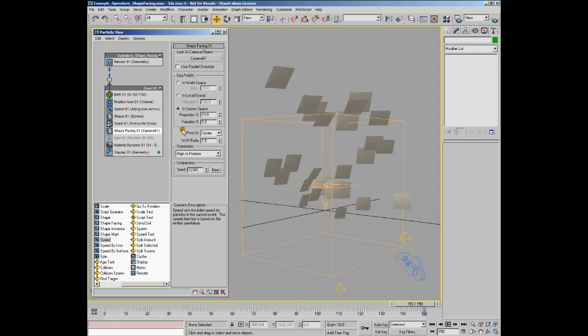Click on in screen space, and now you can see the particles are at different scales. The particles closest to the camera will actually be the smallest, and the particles furthest away will be the largest. That's because they're trying to maintain